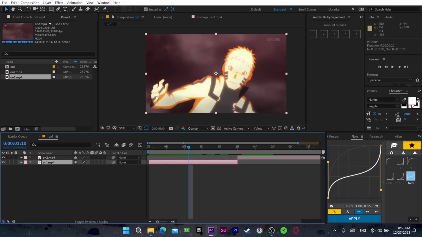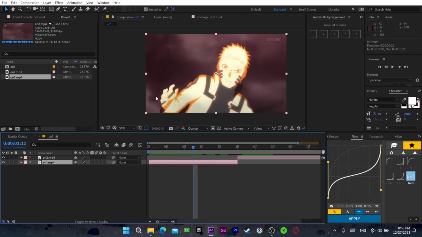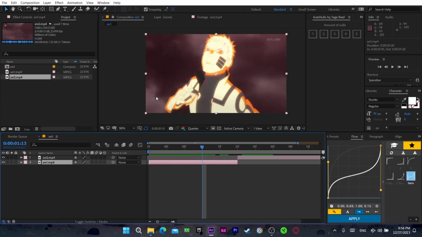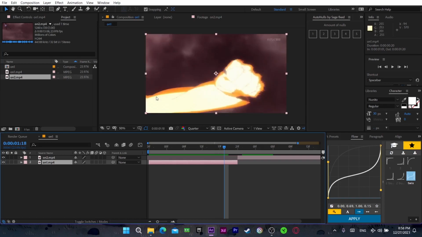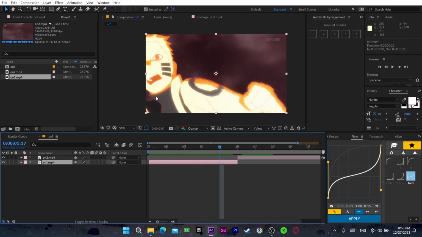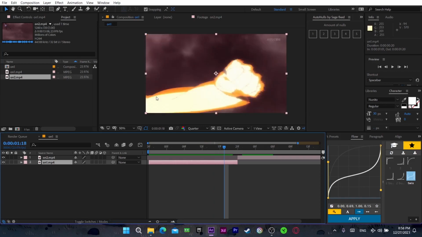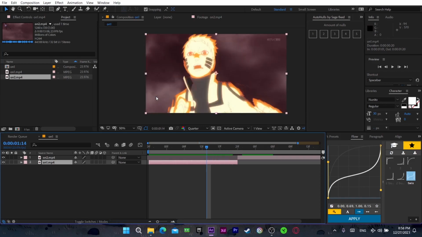So you might be a bit confused about the difference between small movement and big movement. If I show you a proper big movement, you'll just get it clearly. So this is a proper big movement. Look, from this to this to this. This is a proper big movement, right? So these are the impact frames. So the rule of